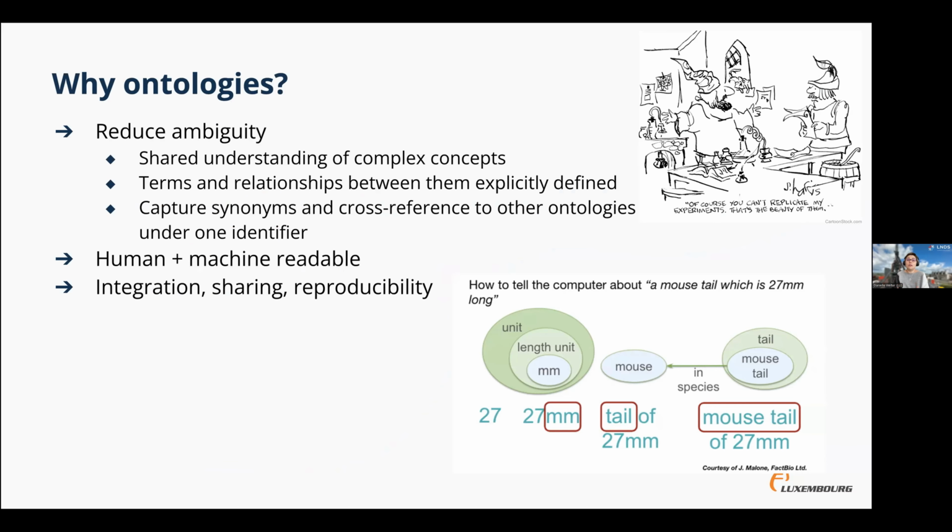So why do we use ontologies? Well, we use them to reduce ambiguity. Ontologies help us define concepts and the links between them. We tend to work in very complex domains, so it's not just about saying this is a tree or this is a cup. They are very complex ideas that we have to share, and defining them means that if I talk about a concept and we have a shared definition, then we can be sure that we're actually talking about the same thing. We can capture the relationships between concepts in ontologies.